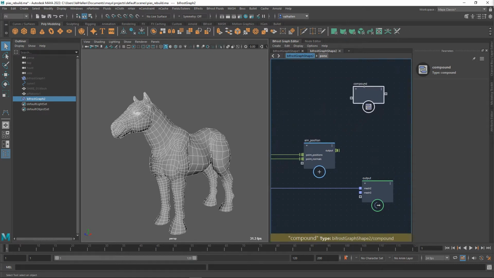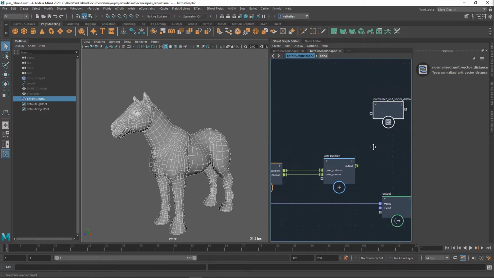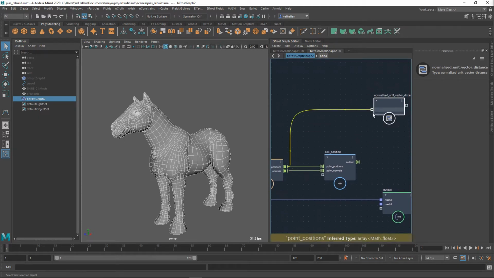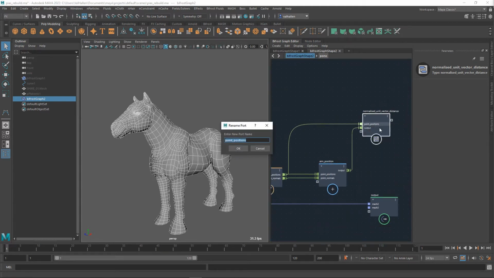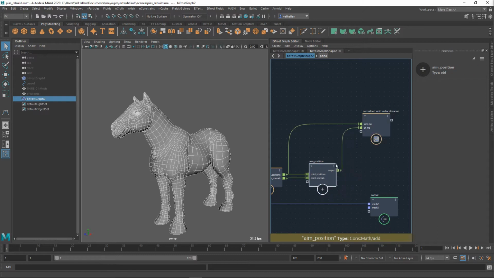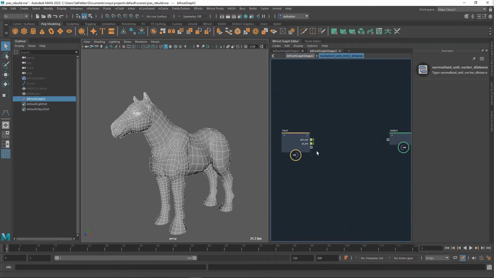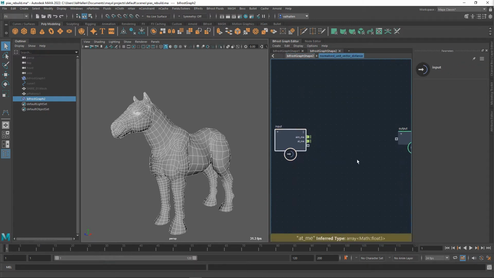So this is going to be our normalized unit vector distance. So we get our point positions in first, and I like to name things so that I know what's going on later, or I've learnt to do that since starting to make these tutorials. Okay, so this just becomes a subtraction exercise,